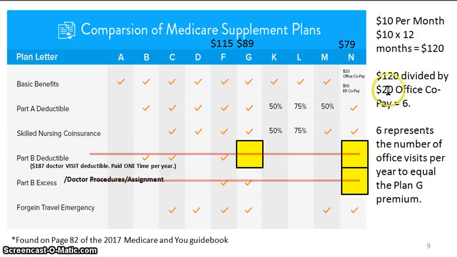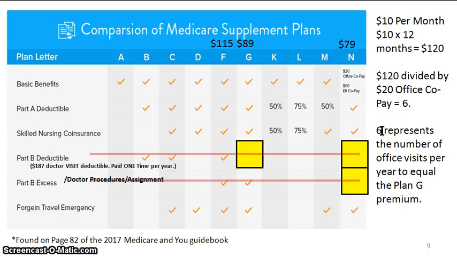$120 divided by $20 office co-payments, that's 6 co-payments you have to deal with. So 6 represents the number of office visits required to equal the Plan G premium. So anything under 6, you're coming out ahead. So if you just see the doctor one time per year, 5 times 20, that's another $100 in your pocket